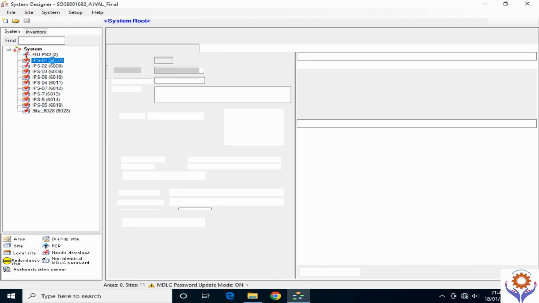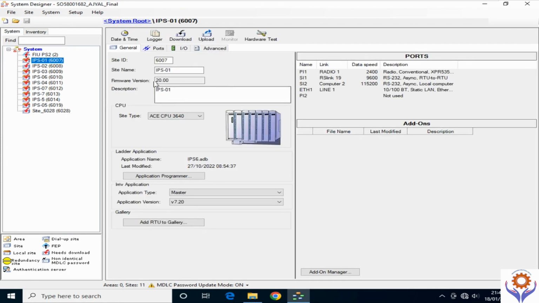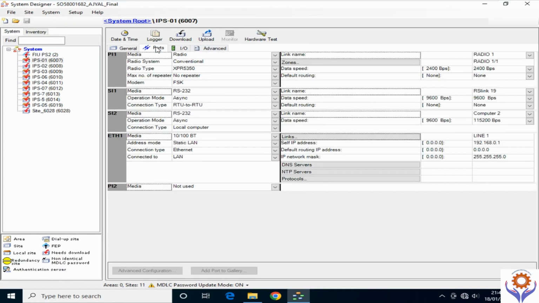So I will open one of the projects. See, I will open IPS1. Here, this is my site ID, this is my site name, firmware version and descriptions, the same things I explained earlier. And here if you see, there is one application already, IPS6.adb. And if you go to ports,